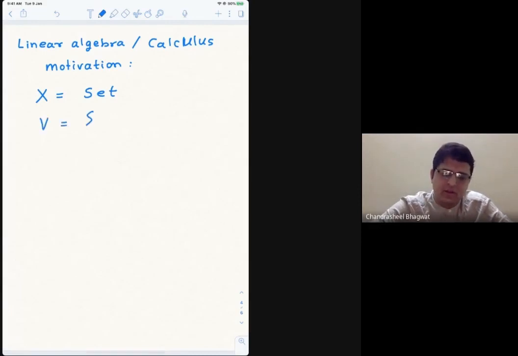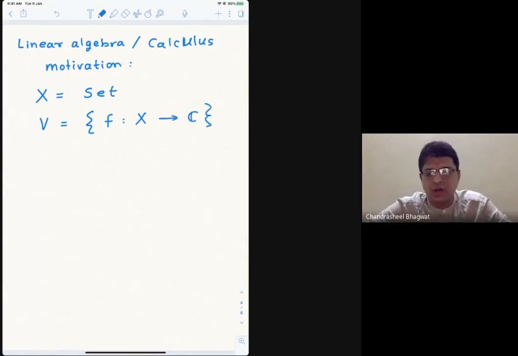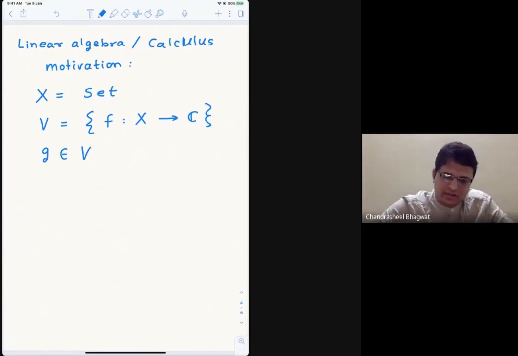And V is all functions from X to the complex numbers. If you don't like complex numbers, for this example you can replace them by real numbers or any field. What I'm going to say is purely algebraic. There is no actual differential calculus needed for this example. So you can just call it whatever field you like. And then you fix some function g in V. So what does g do? g takes a point in X and maps it to a complex number. It does it for every point in X. So you fix that g, and I'm not going to tamper with this g.